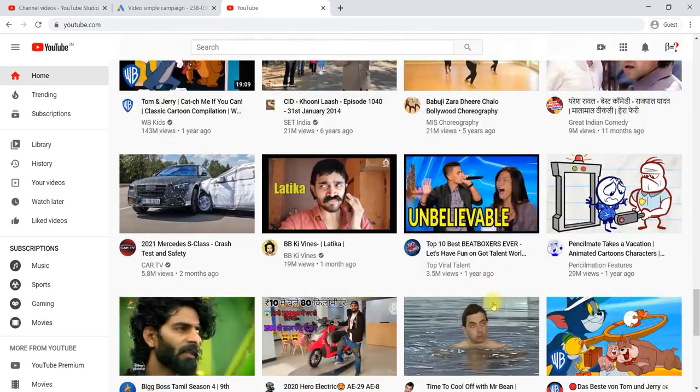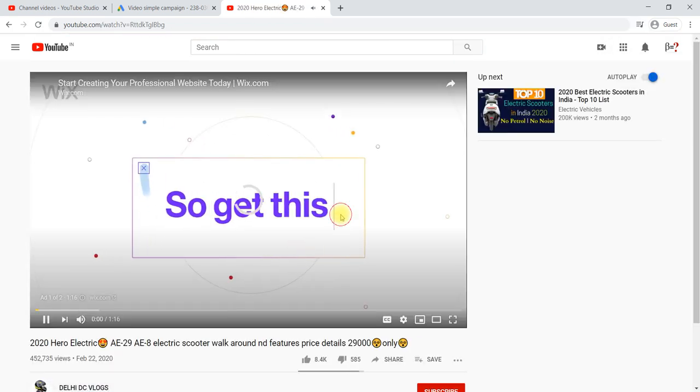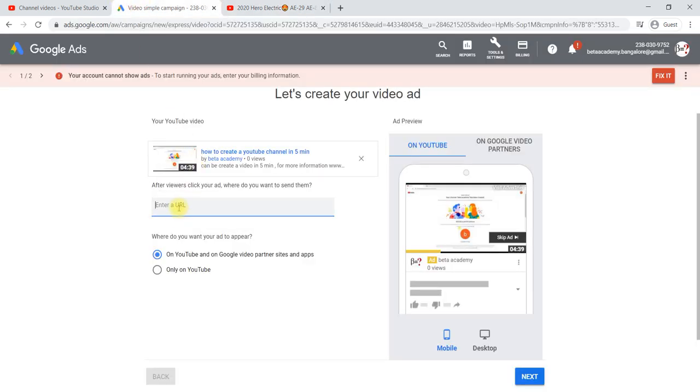Then you will see that they have given a website link, as well as a start now button shown on the right hand side. If you would like to do this, we have to give the website link, so that when someone clicks on that particular video, it takes them to that particular page.